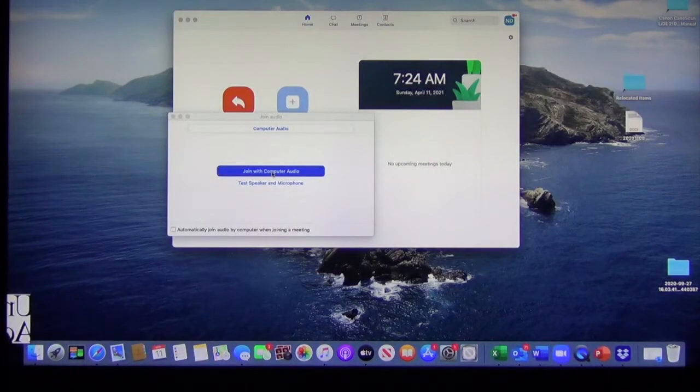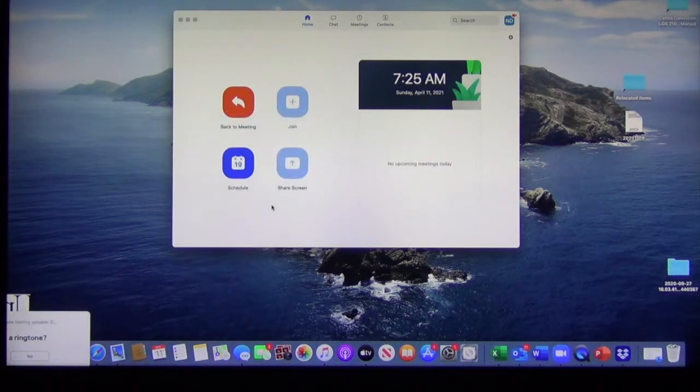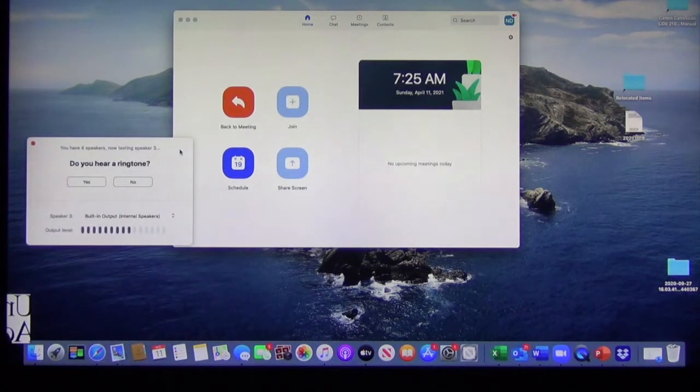When you initially join your Zoom meeting, you will want to test your computer audio. When you join Zoom, you will have a prompt that asks you to join with audio or to test your speaker and microphone. If you click Test Speaker and Microphone, this is what you will see. You will specifically see an item that asks you if you hear a ringtone. As I hear a ringtone, I will click Yes,